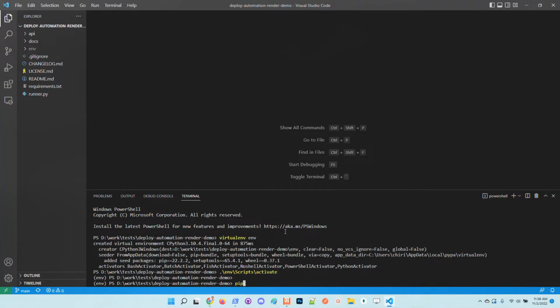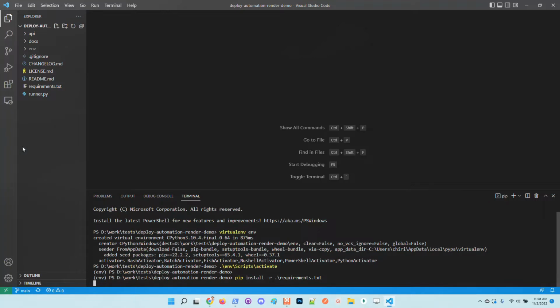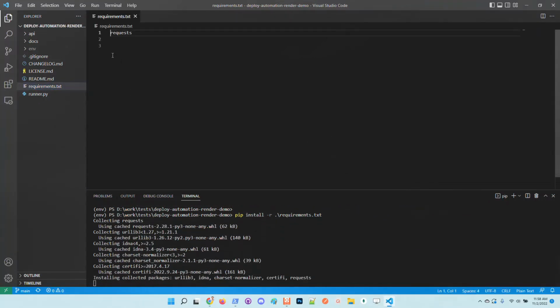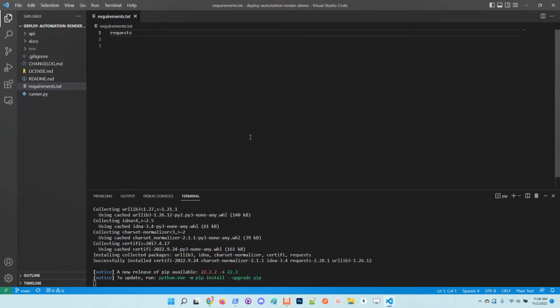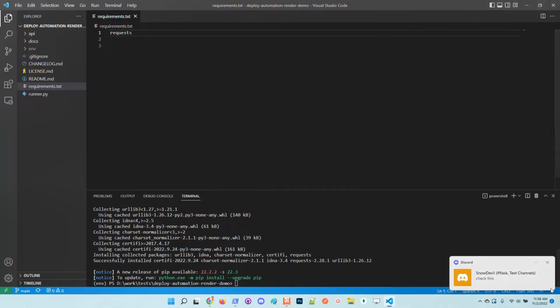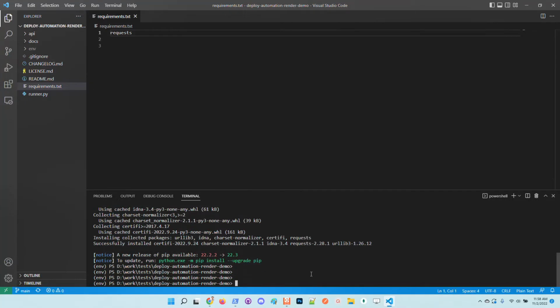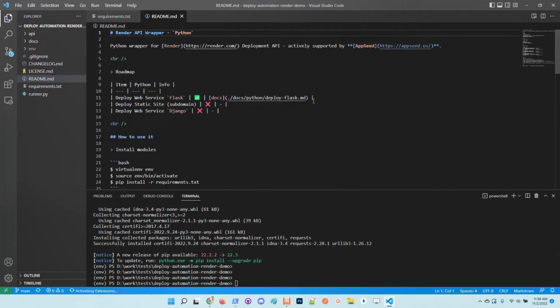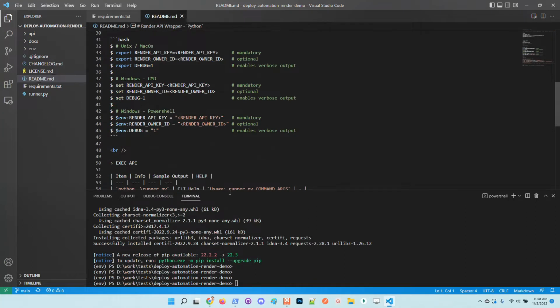I will install all the dependencies, which at this moment is only a simple library, requests, because we need to query their API to use the tool. So we have here the Render API key also exported in my environment. So I will just enable the debug